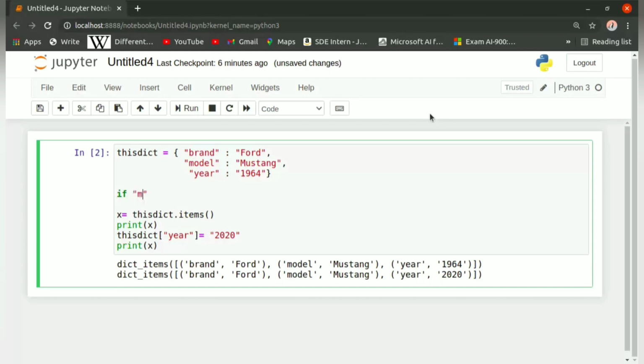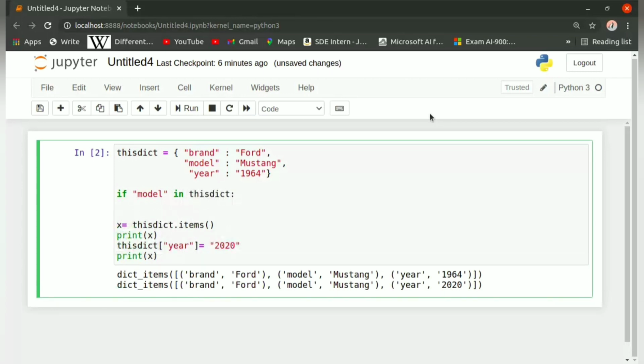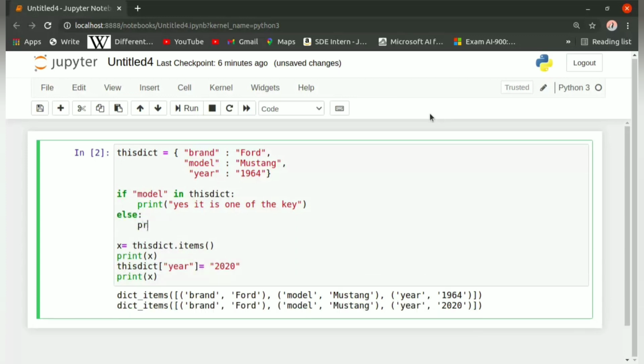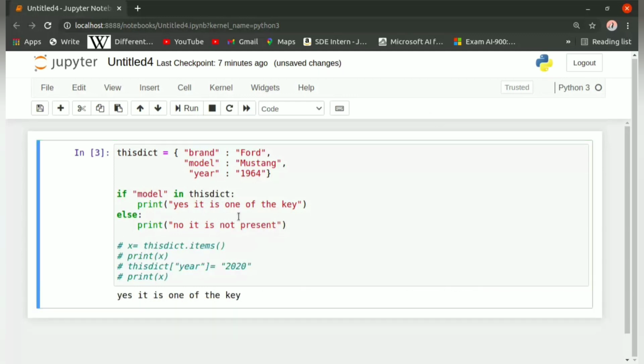So we will write double quotes, then inside it model in this dict and after that put a colon and write in the next line print yes it is one of the keys. Then in the next statement write else colon, after that write print no it is not present. Let us run this. Since model is a key inside this dictionary, we are getting yes it is present.